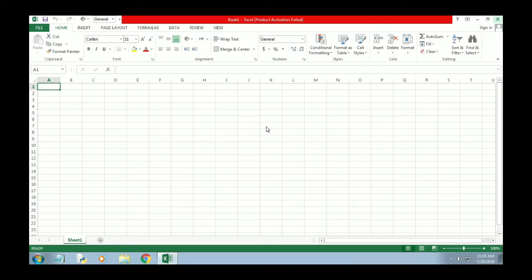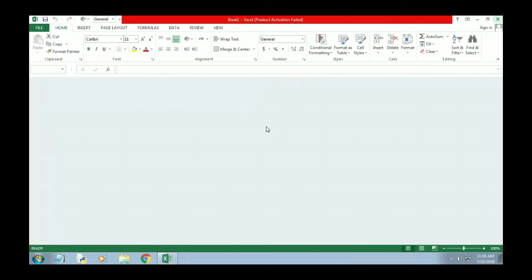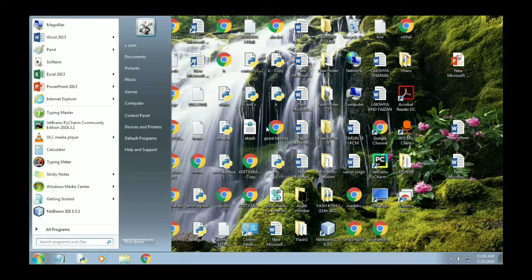You can use a different method to open MS Excel. Here I am going to show you the second method. Now I am going to close this one. Go to Start.